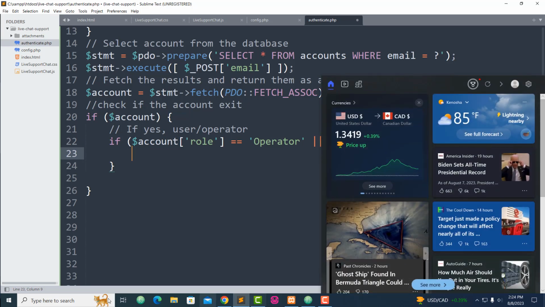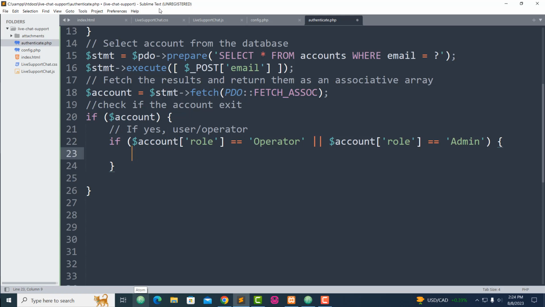Okay, yes. Now when you check the account and you find out that it's an operator, now we have to show the password input field so that the operator can log in without any issue. So this is what I'm going to do. And if the user is an operator like this, and then use exit,